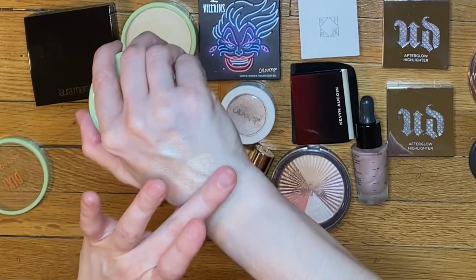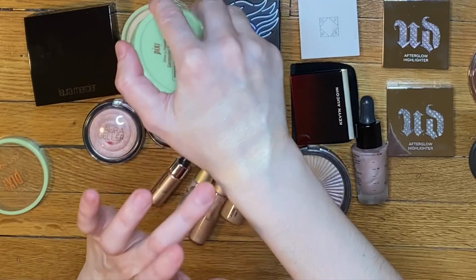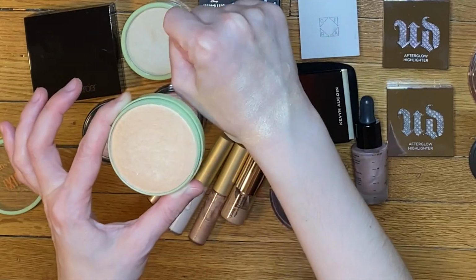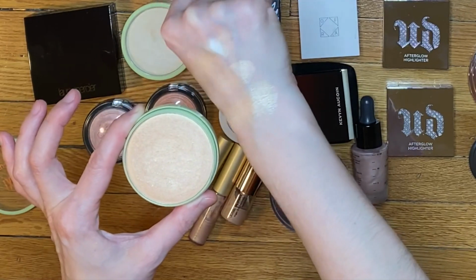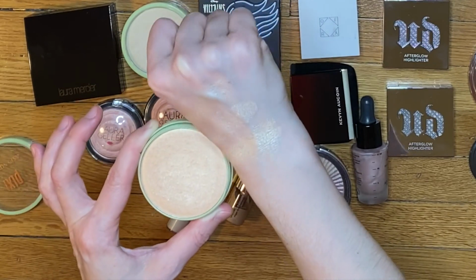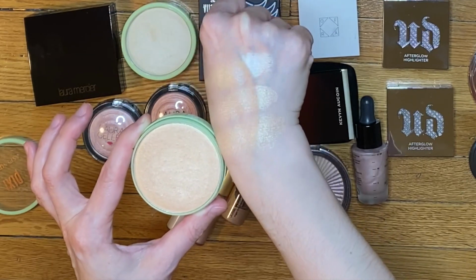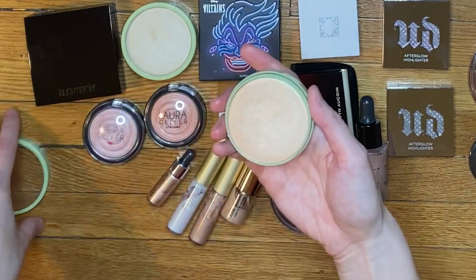Peachy gold. But again, I'll be honest, on the face, especially the two bottom ones, I don't know, on my skin tone, I usually can barely tell the difference. I don't know if you guys can tell the difference in a swatch. I mean, up close here under non-camera lighting, I can tell they're slightly different. As I said, I feel like the Pixie Beauty one is a little bit more peach, but between these three,